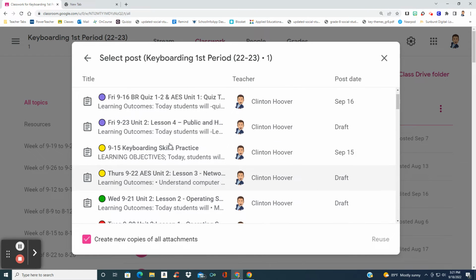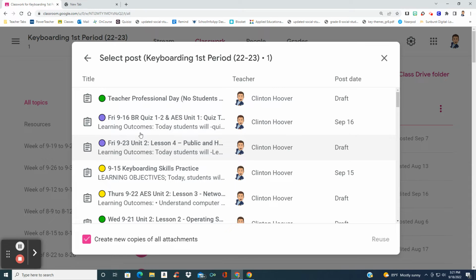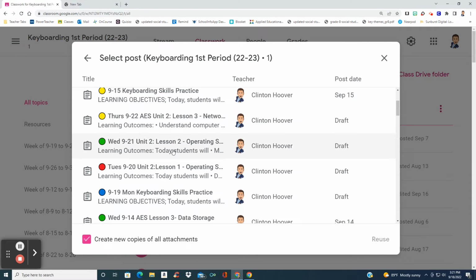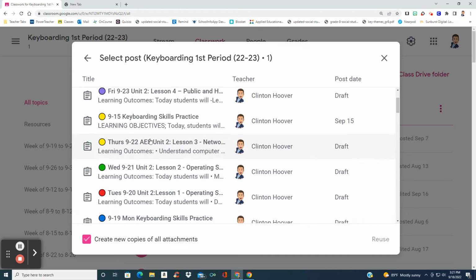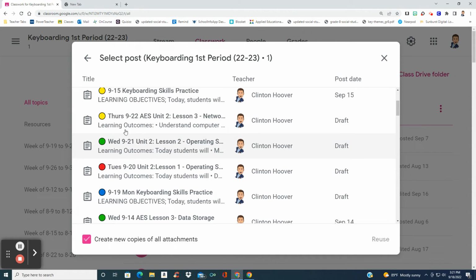And I use this function a lot when I had two years back to back of social studies for 6th graders in the last couple of years. I don't have it this year. All right, here it is, Monday 9/19, and you can see my Thursday is right here. So I need to reuse this post, Thursday 9/19. I'm going to make that Thursday 9/22. All right, click that, click reuse,